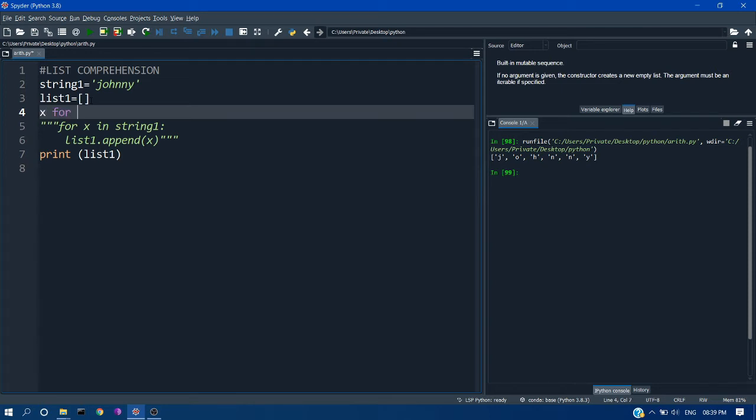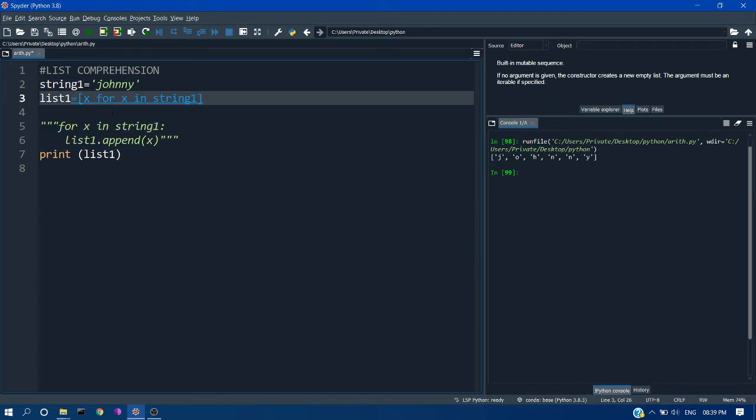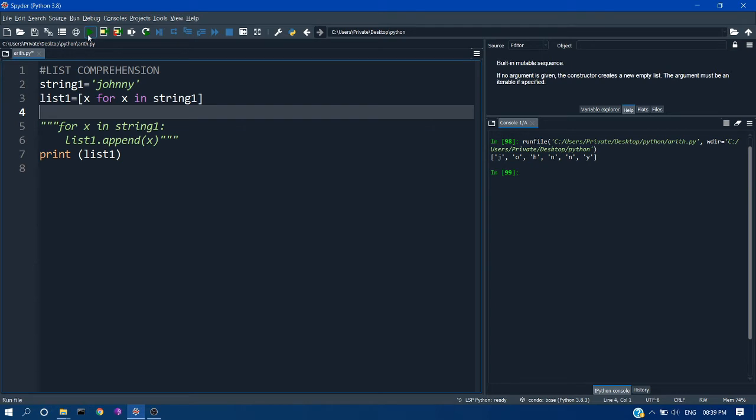So we are going to use the same for loop statement, and before that we place the variable x: for x in string1. You can see our statement is just going inside list1. That's it. Now if you run this, you can see the same result as in the for loop case. From this you can see how simple list comprehension is, and you can print the same in a single line.